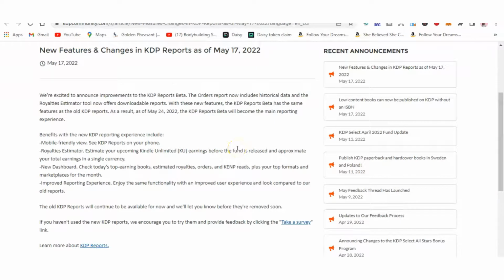We are excited to announce improvements to the KDP reports beta. The orders report now includes historical data, and the royalties estimator tool now offers downloadable reports. With these new features, the KDP reports beta has the same features as the old KDP reports. As a result, as of May 24, 2022, the KDP reports beta will become the main reporting experience. Benefits with the new KDP reporting experience include mobile-friendly view, see KDP reports on your phone,